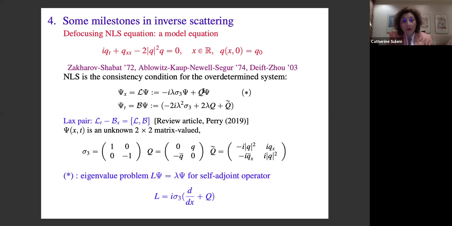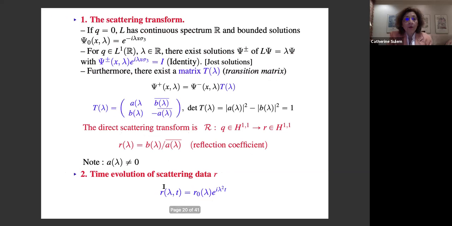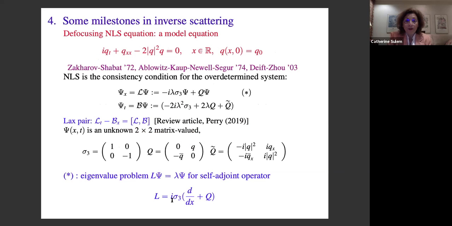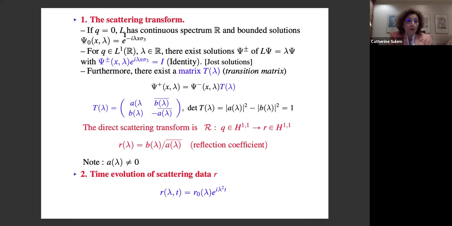So the first important element is to study the first equation. It is an eigenvalue problem that can be written Lψ equals λψ. Well, L is this operator. And following the diagram, the first step is to find the scattering transform. So if Q equals 0, so if there is no potential here, the solution of this eigenvalue problem is that the operator has a continuous spectrum R, bounded solutions in this form. Now, if Q is in L1 and the lambda is in the continuous spectrum, there exist solutions that we call ψ plus and minus to this eigenvalue problem that behave in this way,